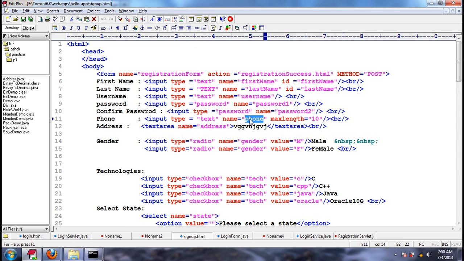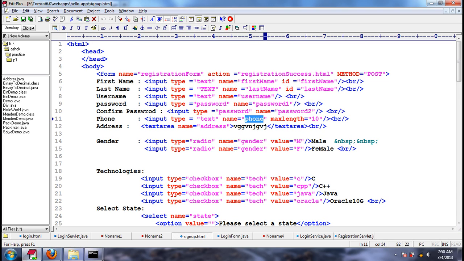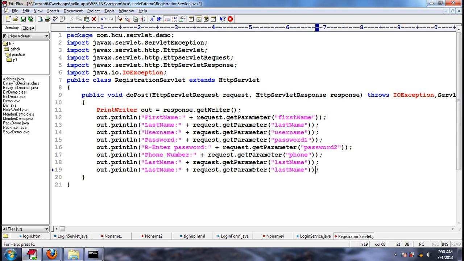And next is phone. Phone number is phone1, and the next is address, whose request parameter name is address. Next field is